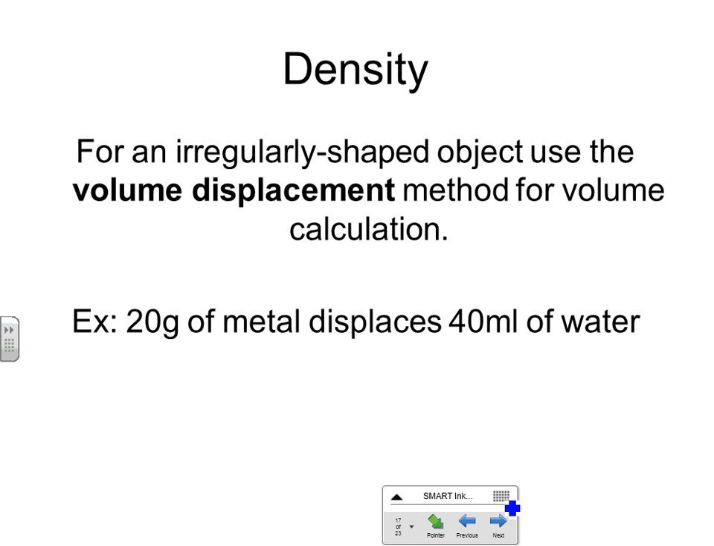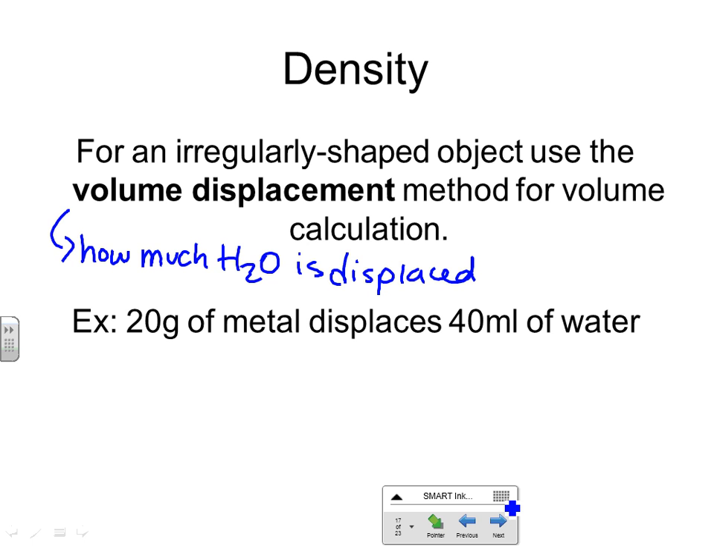For an irregular shaped object, we've just got to do the volume displacement method. That's really just how much water is displaced. So you take a graduated cylinder and you add your rock, for example. It makes the water move up. Whatever volume of water that it displaces or makes it move up from its original starting place is the volume